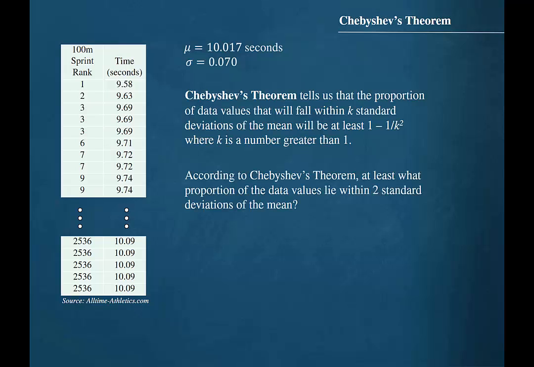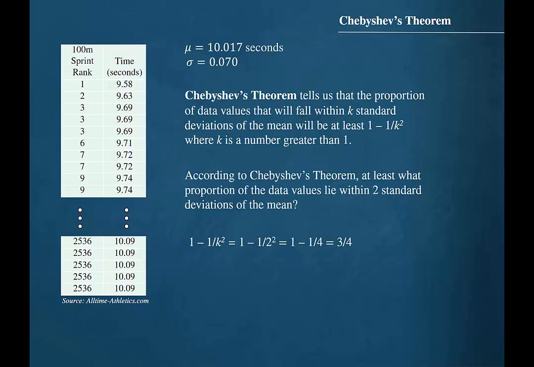So let's answer the question, according to Chebyshev's theorem, at least what proportion of the data values lie within 2 standard deviations of the mean? So we should evaluate the expression 1 minus 1 over k squared for k equal to 2. 1 minus 1 over 2 squared is equal to 1 minus 1/4, which is equal to 3/4. So this tells us that at least 3/4 of the data will lie within 2 standard deviations of the mean